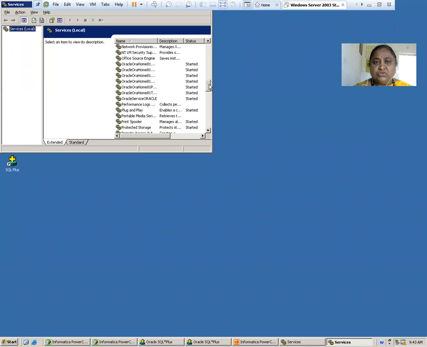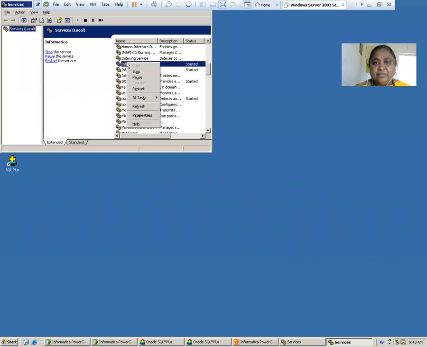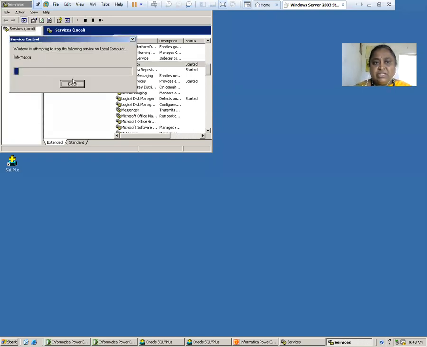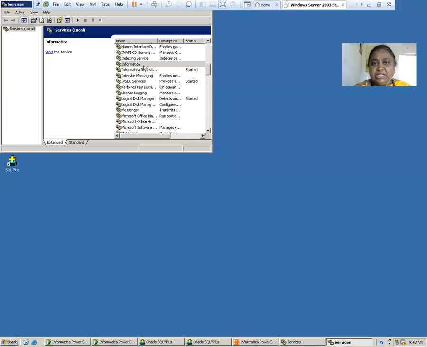I go for selecting my Informatica here. Initially it looks like this and you don't have any status here. So you have to right click, or you can select this Informatica and click on the start button. Immediately the status will change to started.